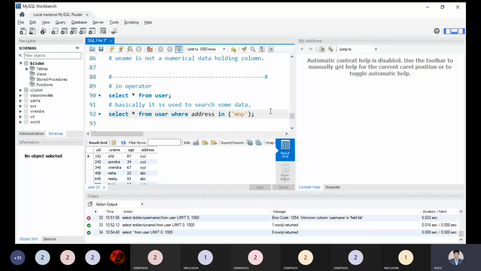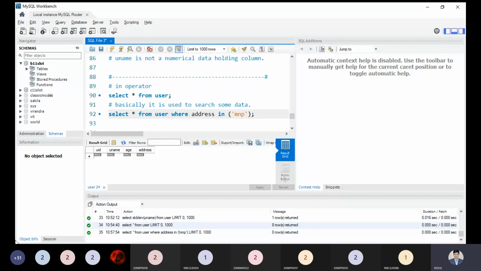Let me execute the syntax and see what we get. At the bottom you will not be able to see anything. Why? Syntactically the query is correct, but it will not return anything.